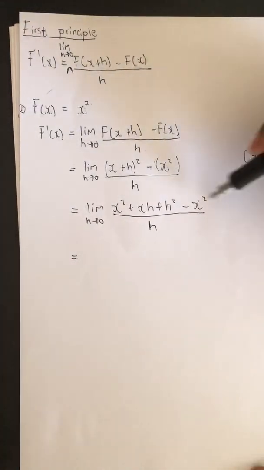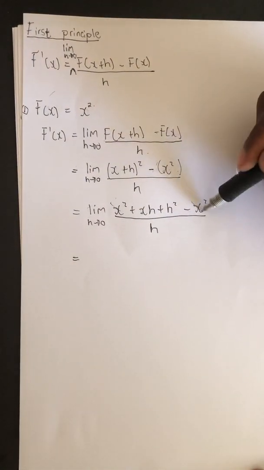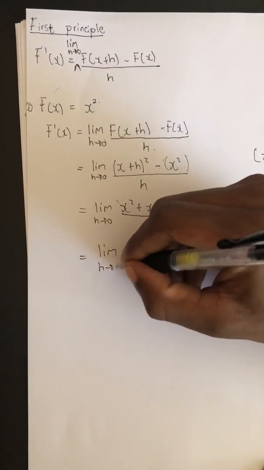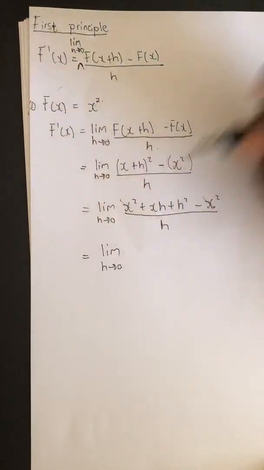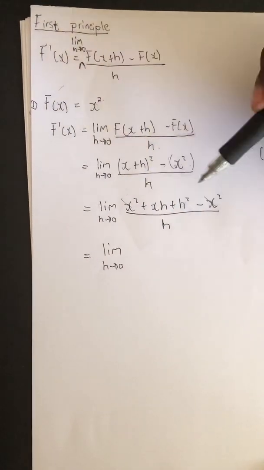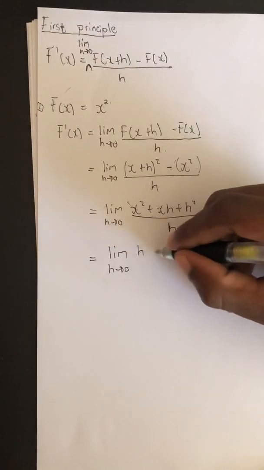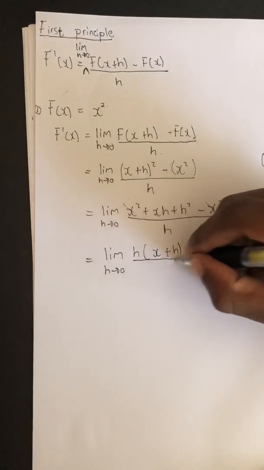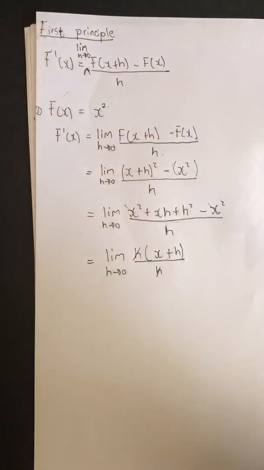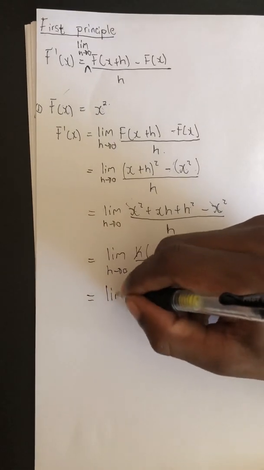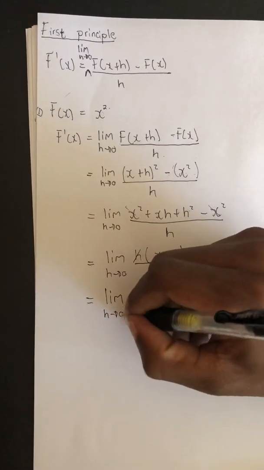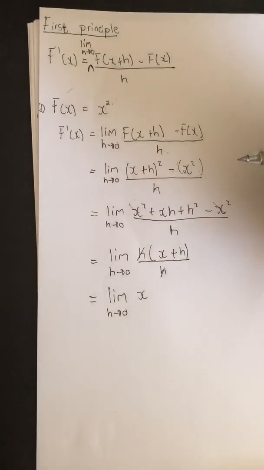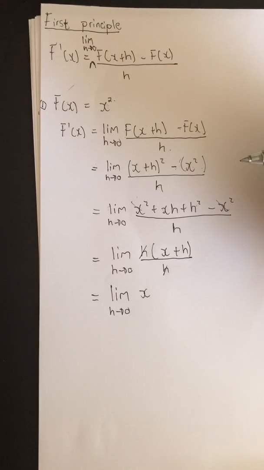Let's see what's happening. On top, the x squared cancels with the x squared, and you are left with the limit when h approaches 0. We are left with these two terms. If you look at these two terms, I can take out a common factor of h, and then inside you'll be left with x plus h all divided by h, and then the two h's can cancel. Limit when h approaches 0, we have x